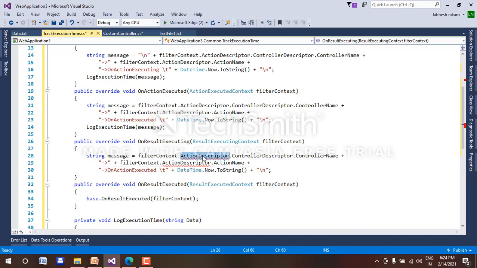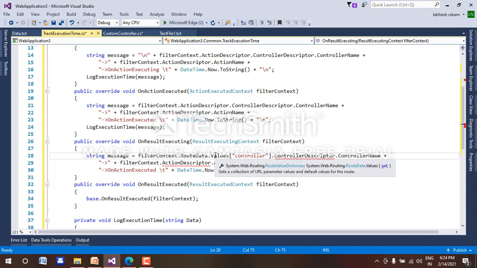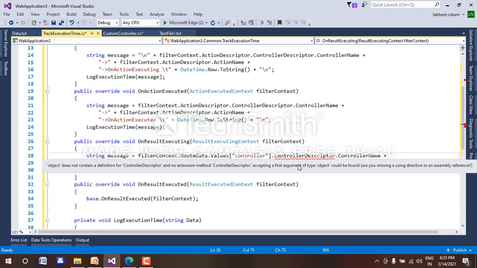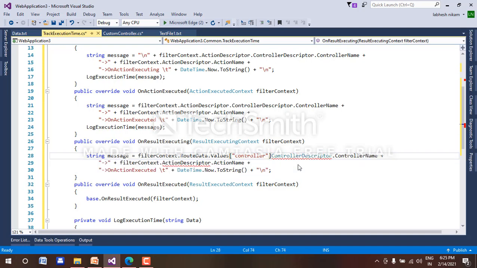So route data dot values, and inside of that the values of controller. So we will write controller dot toString.